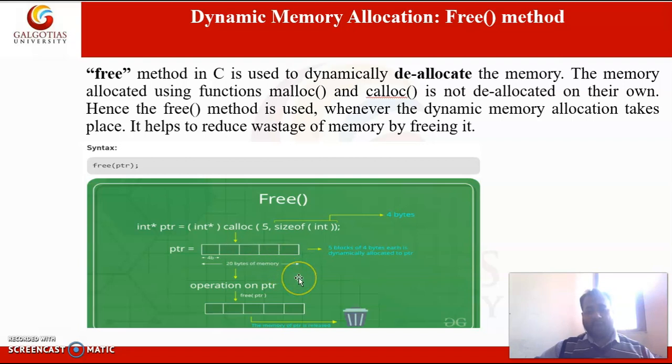We have to call another method to free the allocated space so that it can be used by other variables. So here we have called the free method, and it will free the memory space allocated so that it can be used by another variable.